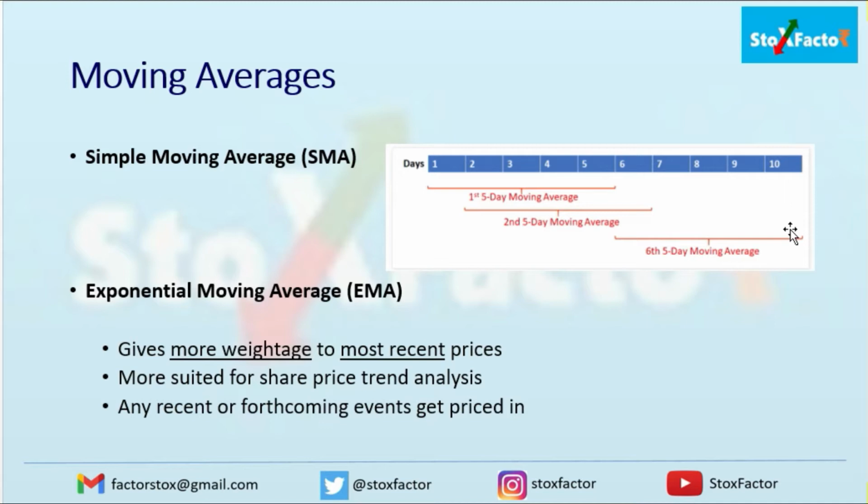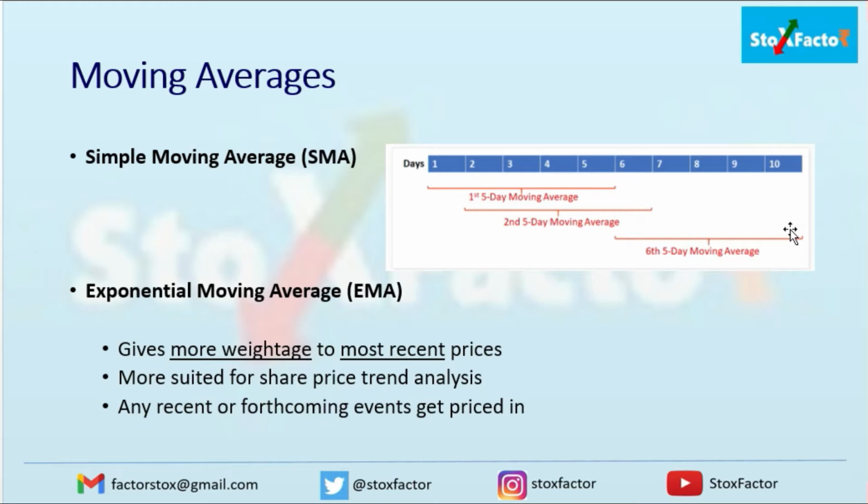But in the exponential moving average, the formula is designed such that you give more weightage to the more recent prices, that is, the last few days' prices as compared to the last 6 months' prices, right? Suppose you are calculating the exponential moving average for the past 20 days. In the exponential moving average of the last 20 days, the last 5 or 6 days will be given more weightage as compared to the rest of the 20 days, right? So we need not go into the detail of the formula or the mathematics behind it. We need to understand the utility of the exponential moving average, and develop an intuition that the more recent prices are given more weightage, right?